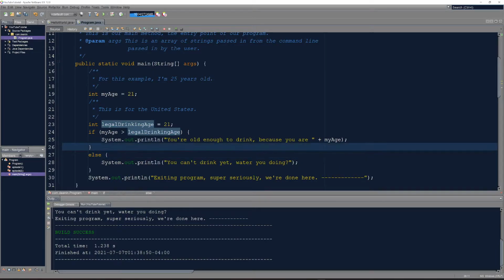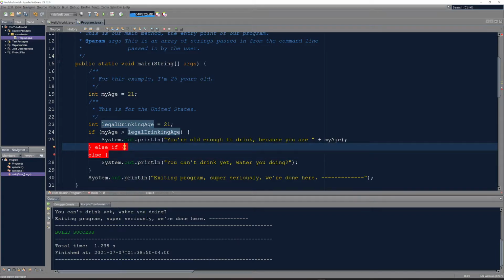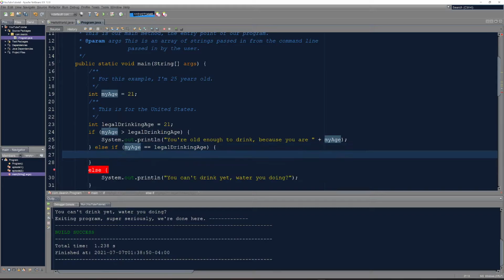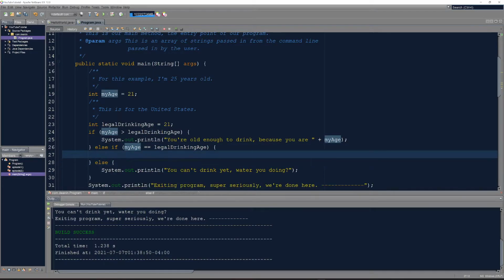So we'll move the else down here, and we'll say else if. And because this is another condition that isn't the default case, we actually need parentheses for this one. So we'll say else if my age, and then double equals to actually do the comparison. So if my age is equal to the legal drinking age, then we need some braces. And we can move this else up here and add a space. So if my age is exactly equal to the legal drinking age,